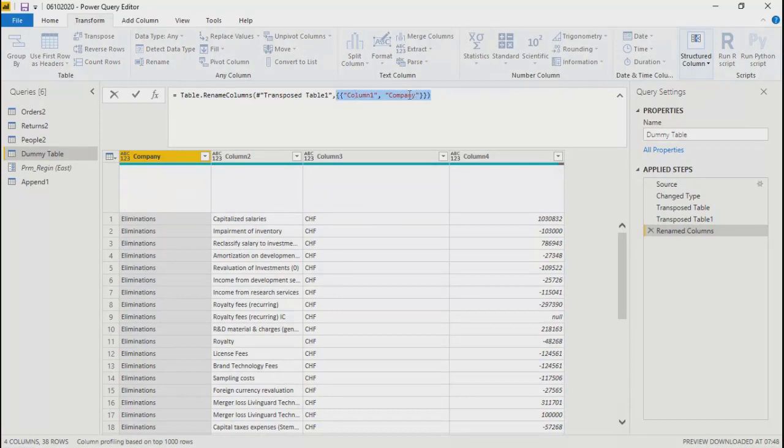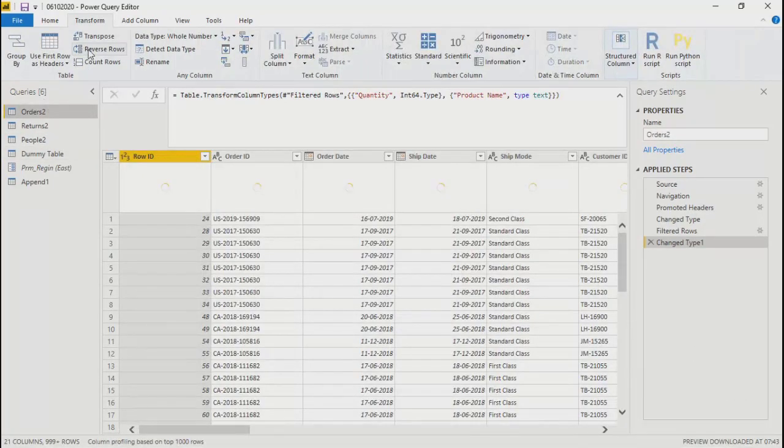So like column 1 as company, then a comma, and in the second curly bracket you can write the new name for this column, and column 2, comma, the new name of this column. This is how you will replace or rename each column: from column 1 to company, column 2 to maybe account name, column 3 to currency, column 4 to date, right? So transpose is easy. The only thing is it loses the headers if you do multiple transposes. Okay, so what is this reverse rows?